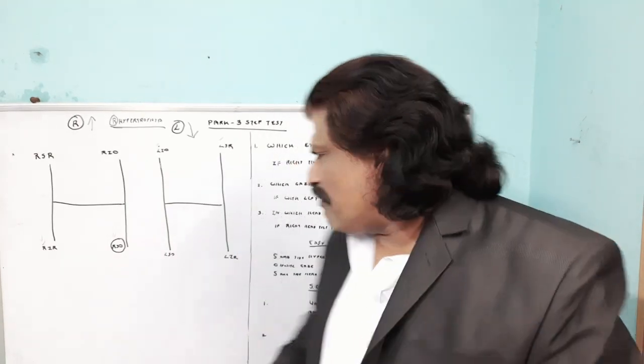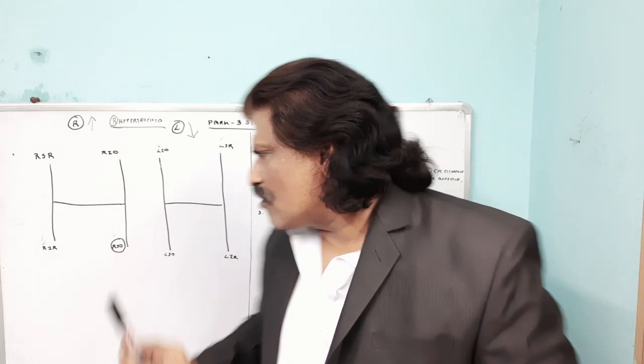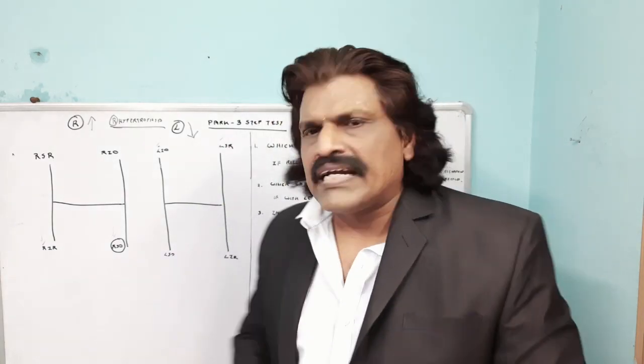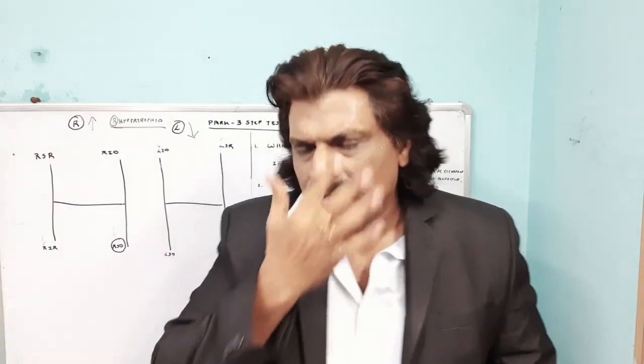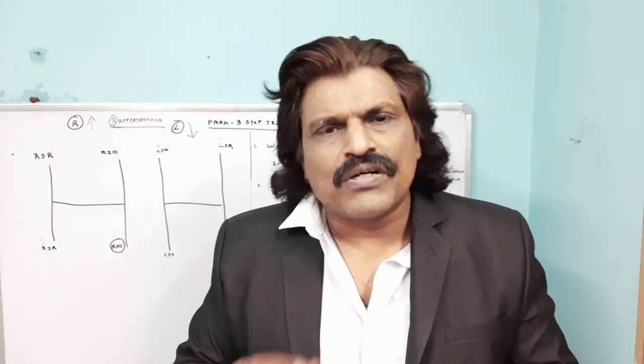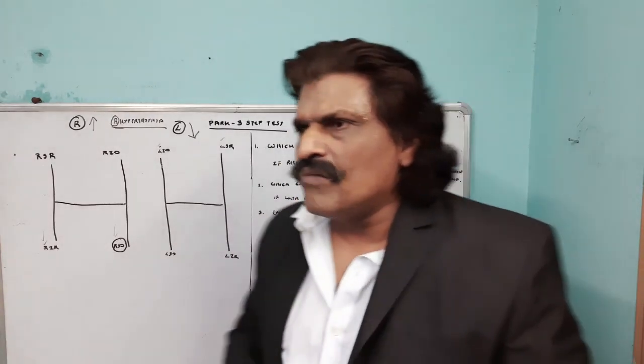Right. Now the third question is head tilt. If I tilt the head, in which head tilt is the hypertropia worst? So in which head tilt is the hypertropia worst? So in the right head tilt, if it is going to worsen, then it has to be the right superior oblique. So if a person has right head tilt and it worsens, it is because of the right superior oblique. What is the mechanism? It is because of the ocular tilt reaction or the vestibulo-ocular reflex or the counter roll mechanism.